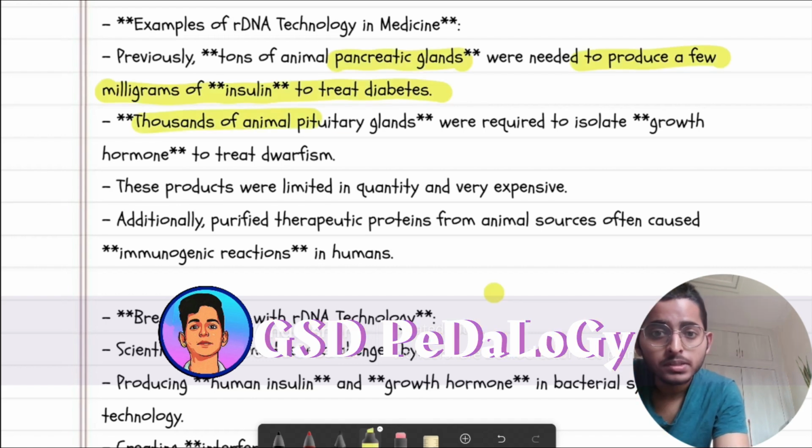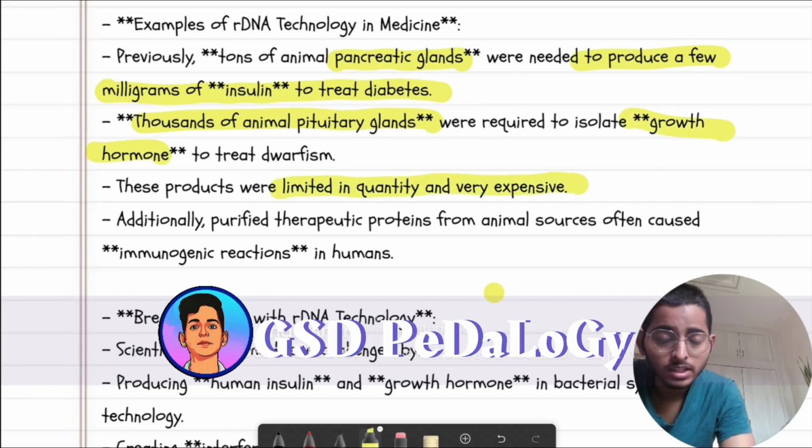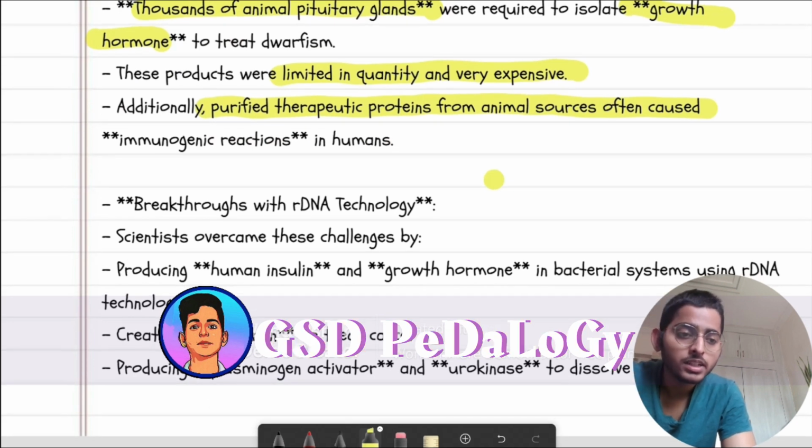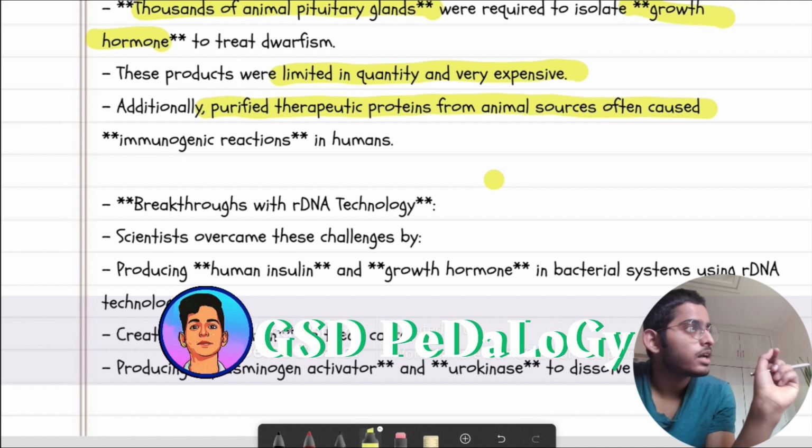And thousands of pituitary glands were needed for the synthesis of growth hormone. These products were in limited quantity and were very expensive. Additionally, purified therapeutic proteins from animal sources were often used, and they also induced some immunogenic reactions in the diabetic patients, as there were some differences in the amino acid